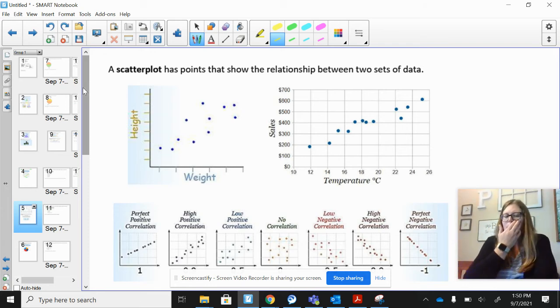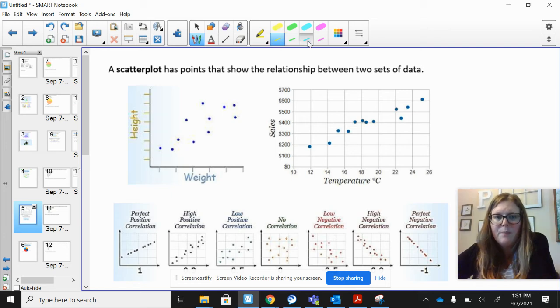Kind of linked to a line graph is a scatter plot. A scatter plot has points that show the relationship between 2 sets of data. So if we look at this data here, we have the x-axis, the weight, on the bottom, and the height up here. So this person weighs very little and is pretty short, right? So they're small. Versus if we go up here, we have someone who weighs a lot and is pretty tall, right? So you can see there's a correlation where this does kind of increase, but every dot represents a person